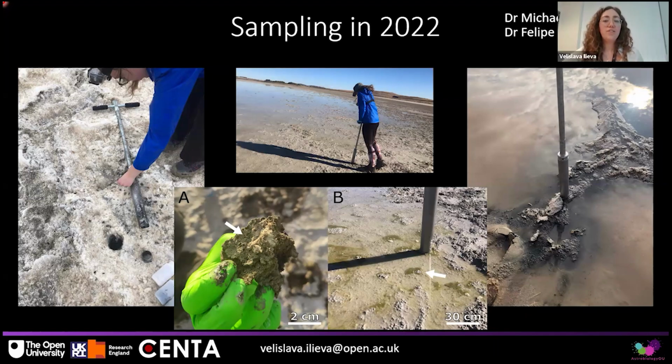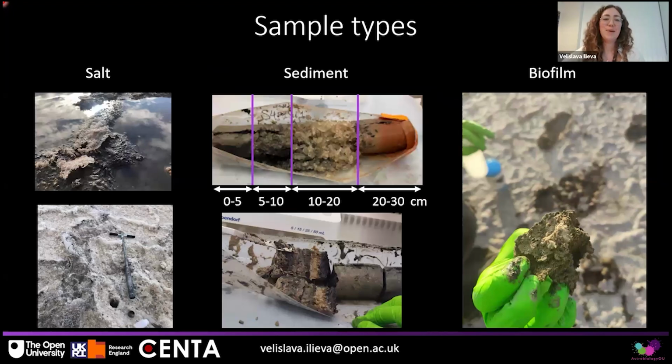So at Yaguas here in figure A, we saw subsurface biofilm about 2 centimeters under the surface of the lagoon. And at B, at Lungar, we saw surficial biofilm. So there is a bit of water because we sampled in November 2022 at the end of the dry season. And we were actually very fortunate to be hosted by Dr. Felipe Gomez from the Center for Astrobiology in Spain that took us to those sites and helped us sample them. So it was me, myself, Michael, and Felipe.